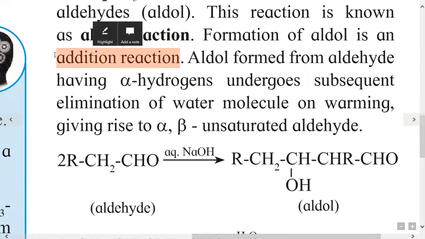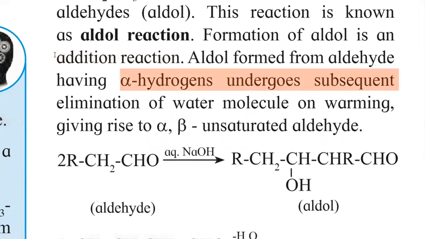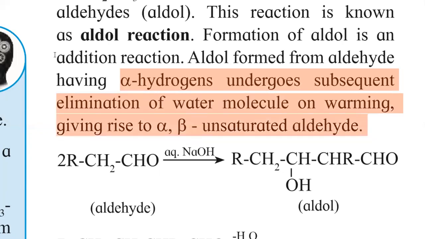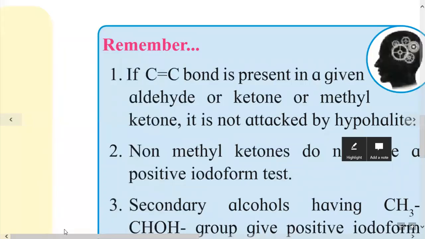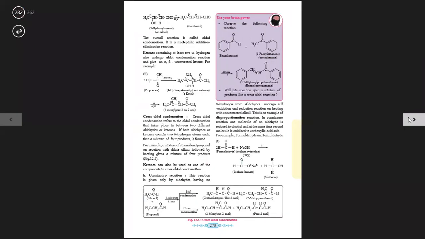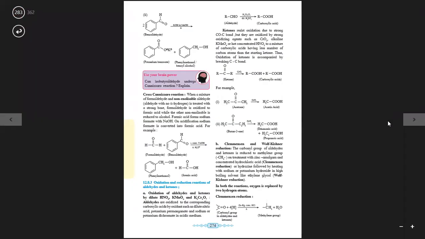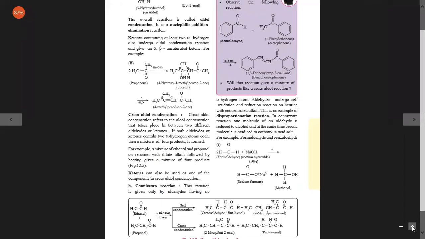Aldol formed from an aldehyde having alpha hydrogen atom undergoes subsequent elimination of a water molecule by warming, which gives alpha beta unsaturated aldehyde. Now we will study the equation. Here the equation is